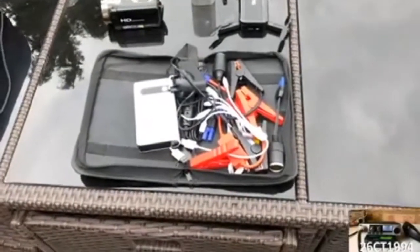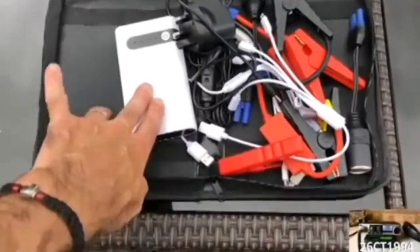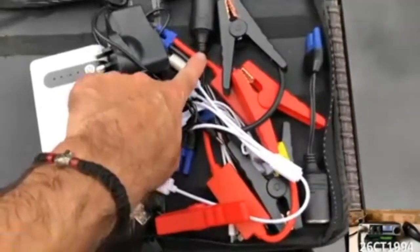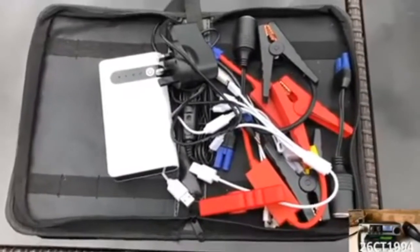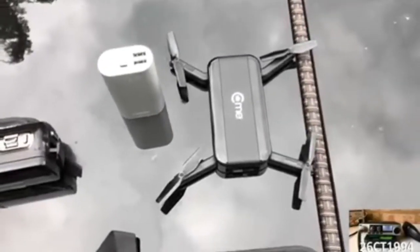So that's all the final bits charged up now. So as I said before, this is the case that normally has the battery that I run the radio off of, and then there's sundry other bits and pieces to enable you to charge stuff or connect different devices for a cigarette lighter or with the normal clips. Other bits that needed charging, there's a new sort of fold-up drone that I got only